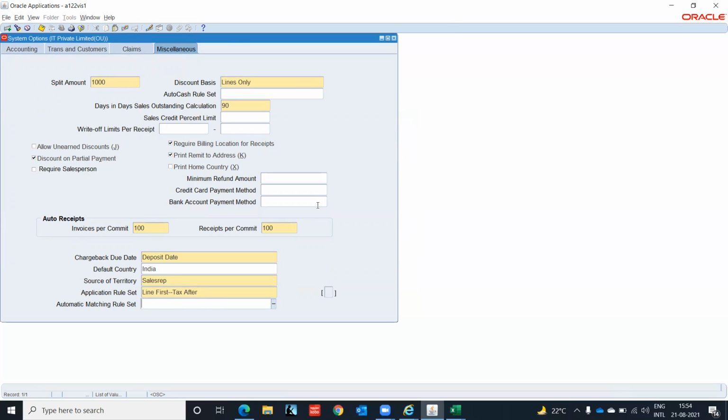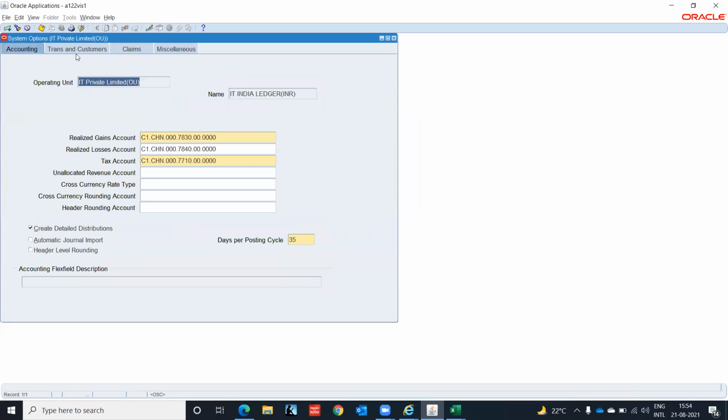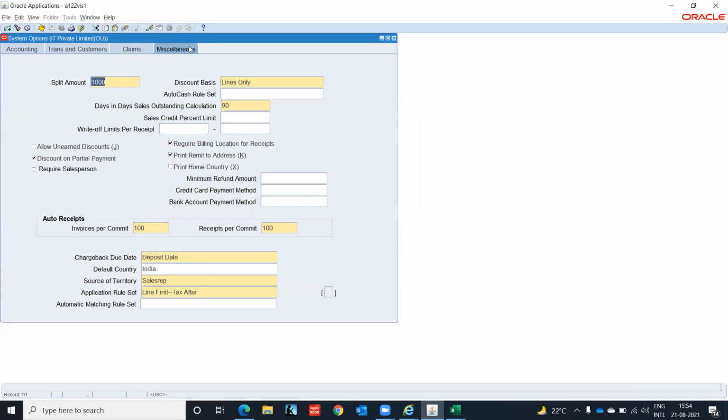So this is it, the system level setup. These are the basic setups, nothing much to do. And this we can change later also. These are just some basic setup when some accounting has to happen automatically. So we have defined our system options. Now we proceed for